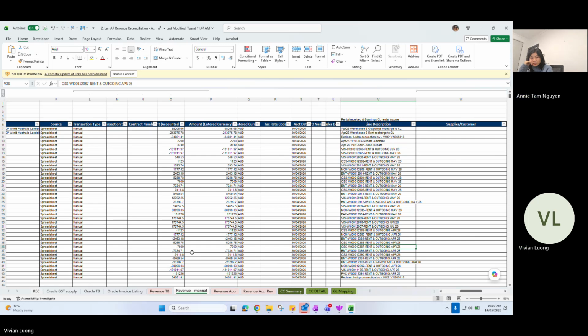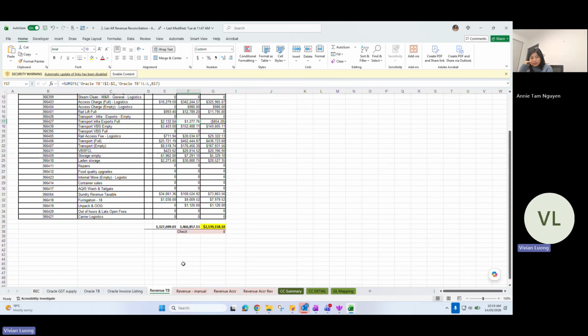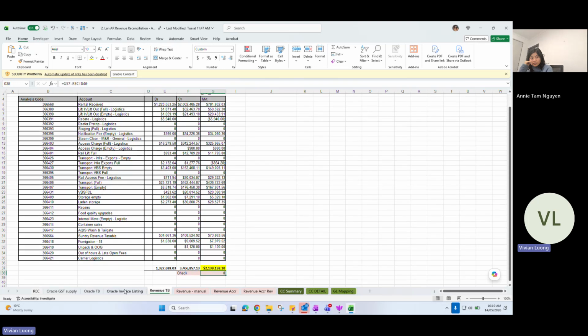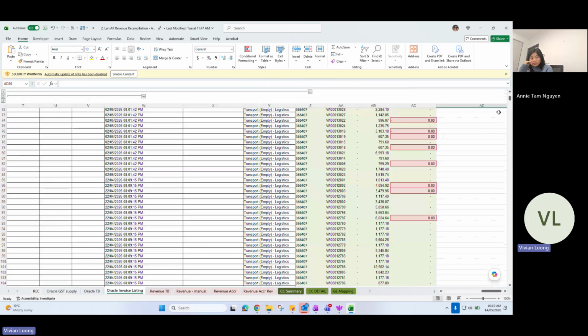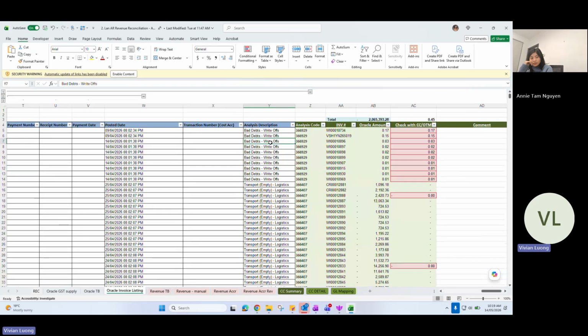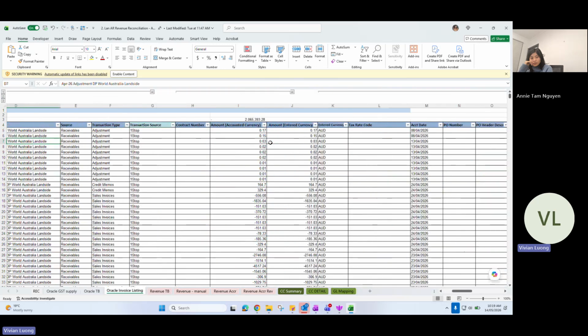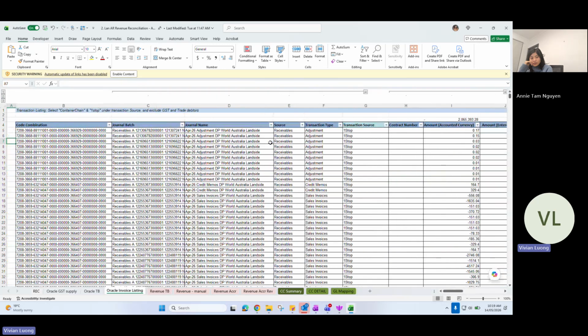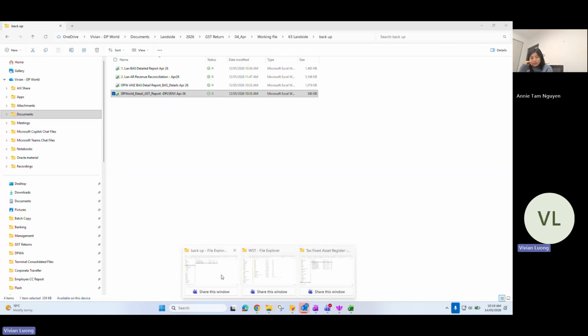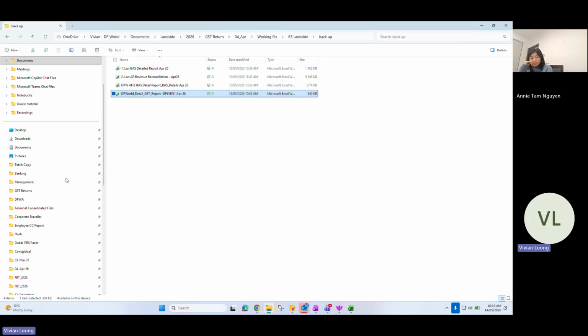And this one is just a check. This is the Oracle invoice listing. When you go to the GL account, you select container chain and one stop under transaction source. So I'll show you the